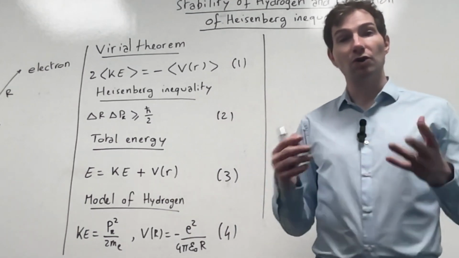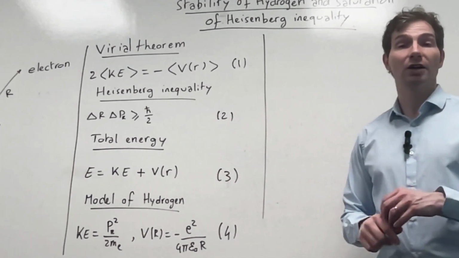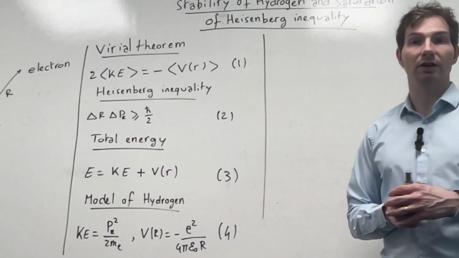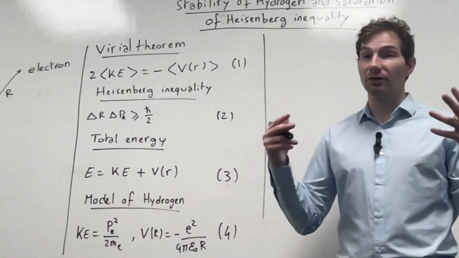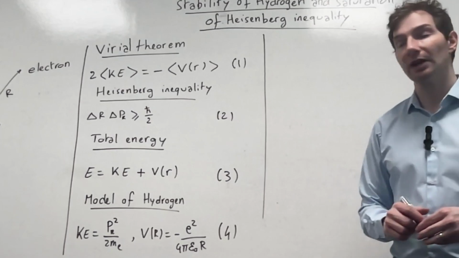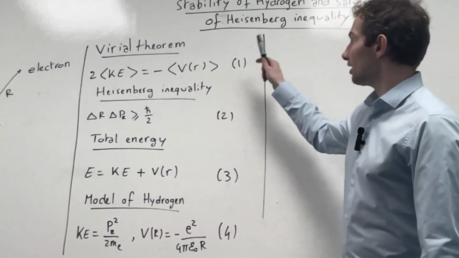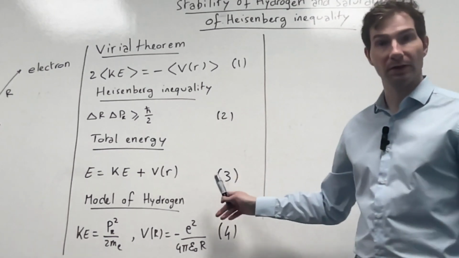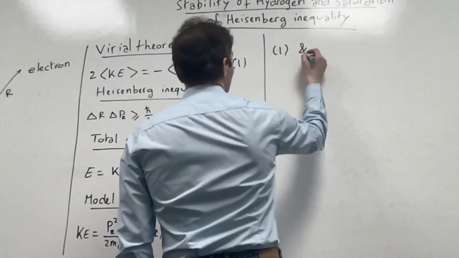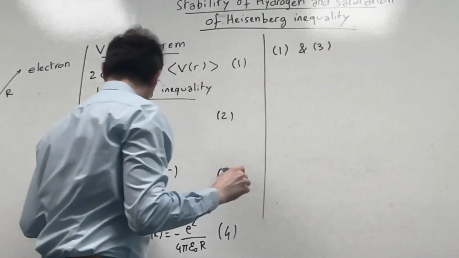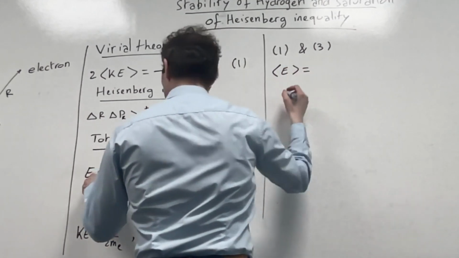So once we have that, essentially the goal is to combine these different expressions to inform about what's going to happen, what kind of problems we are going to run into, and how quantum mechanics saves us from these problems. So what I'm going to do first is try to combine equation 1 with equation 3. If I combine 1 and 3, then I'm going to get that the expectation value of the energy is equal to